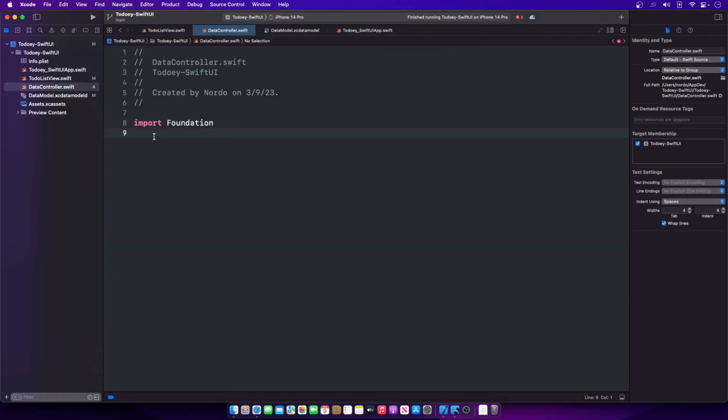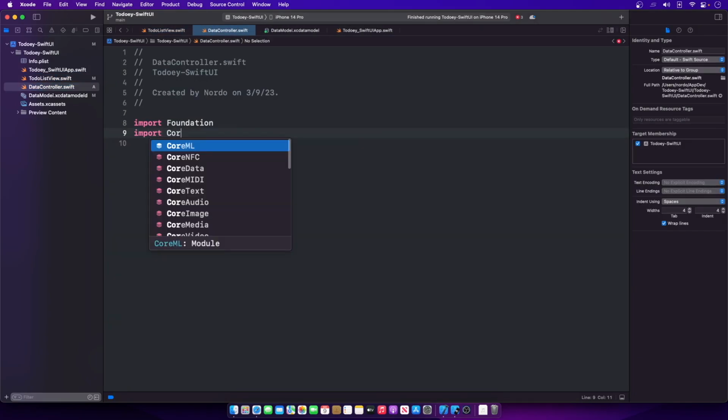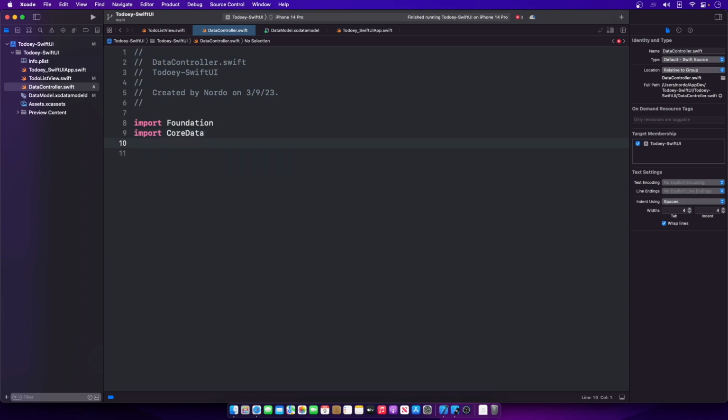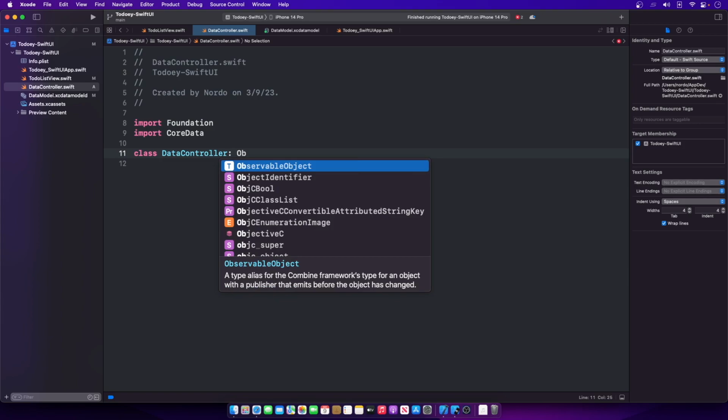And in here, of course, we're going to import Core Data. And in addition, we are going to define the class. So let's do class DataController, which is an ObservableObject, because we want to be able to use it with our StateObject property wrapper later on,